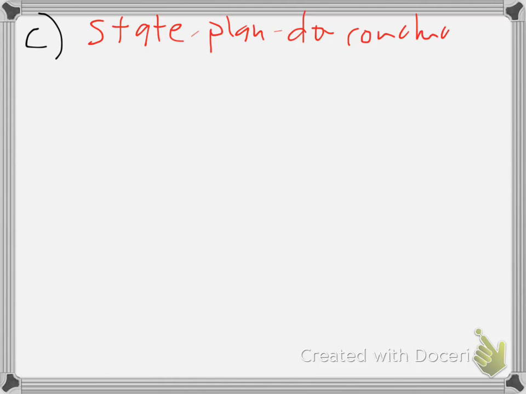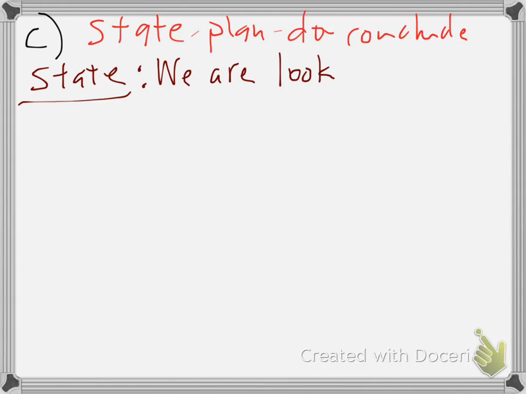So we're going to use the four-step process, and let's recall what the four-step process is. You knew that already. I knew you knew it. State, plan, do, conclude. So let's start with the stating. What do we do for state? We reword the problem. We can ask a question: we are looking for